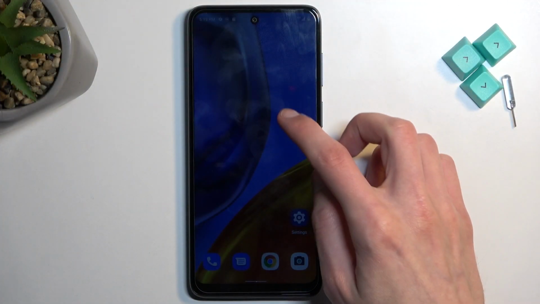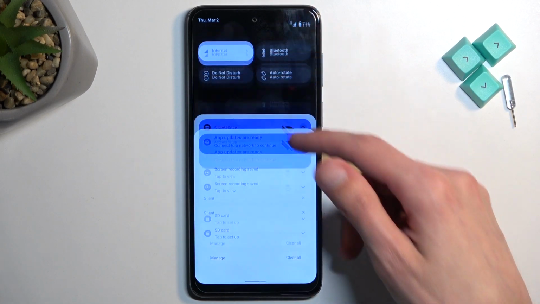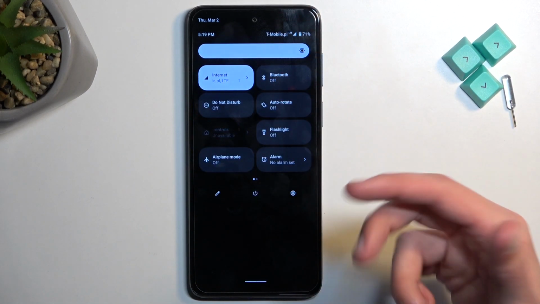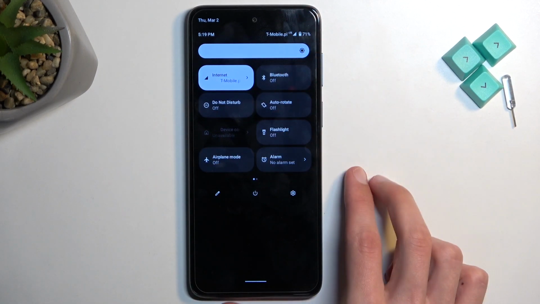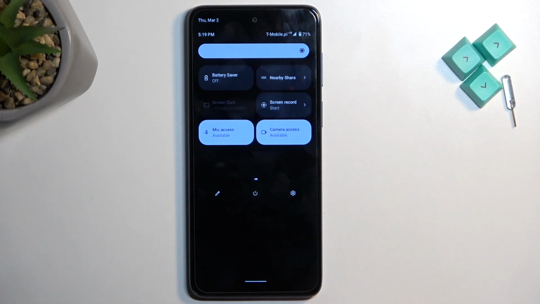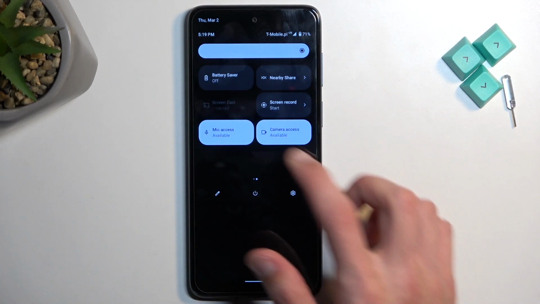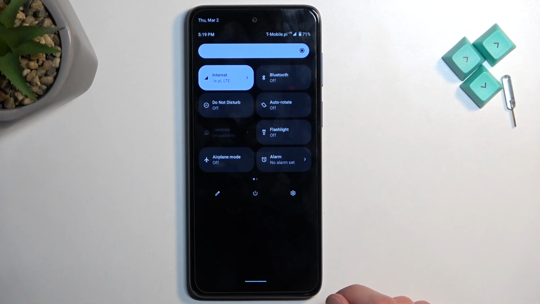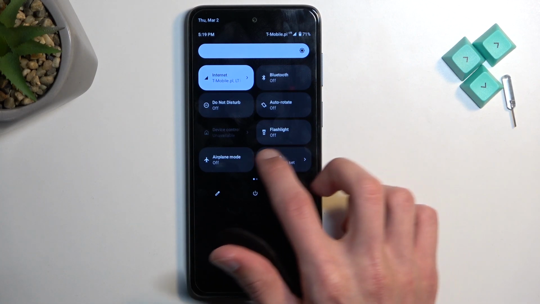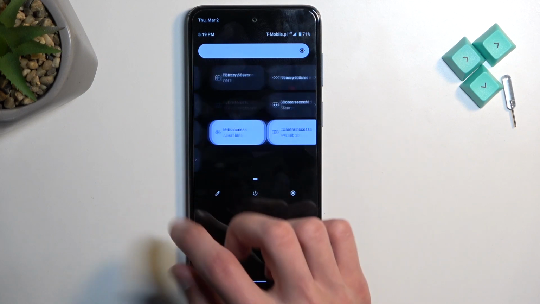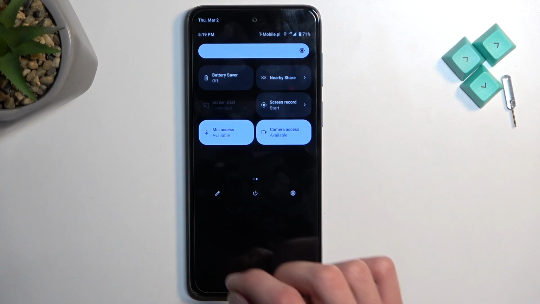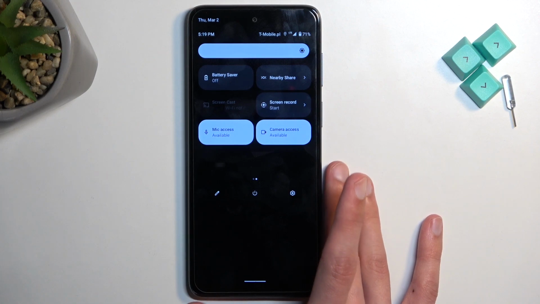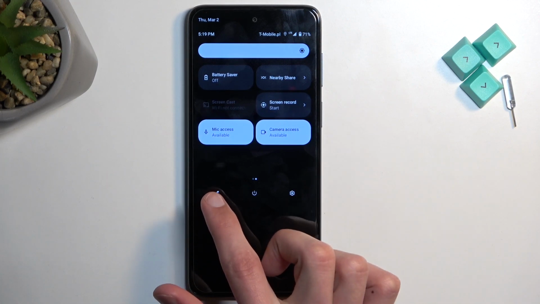So to get started, let's pull down our notifications. Just a swipe down from the top, do so twice to reveal all the toggles, and then on one of the pages you will find a hotspot toggle, hopefully. Now it looks like it's not added by default for some reason, so let's just stop right here on this